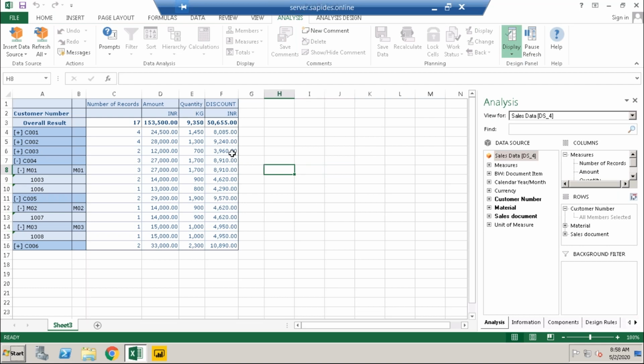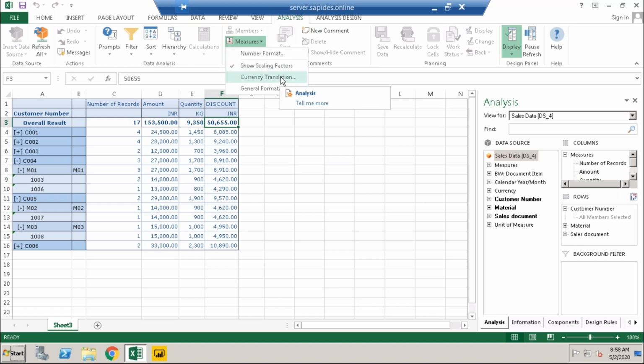Okay, these are the options we know. These are additional things we are getting, so we have additional numbers. This is currency translation. If you have any currencies, INR, Euro, USD, we can do a currency translation. If it is all USD, I want to convert USD to INR. It will convert using internal exchange rates.